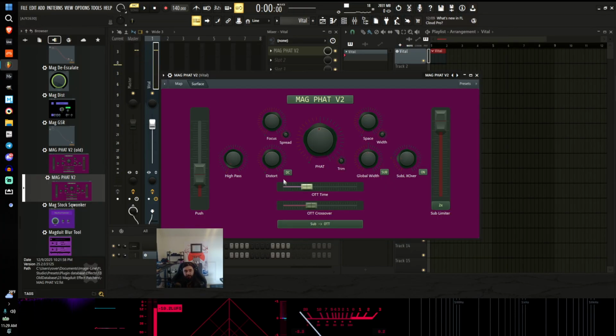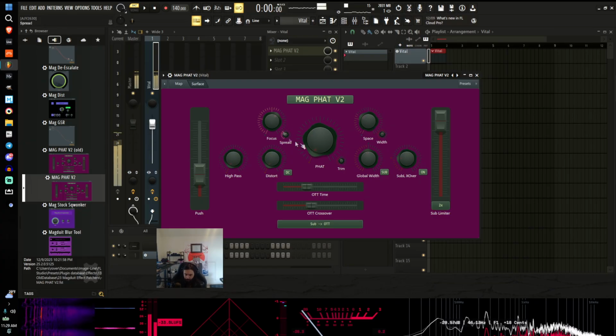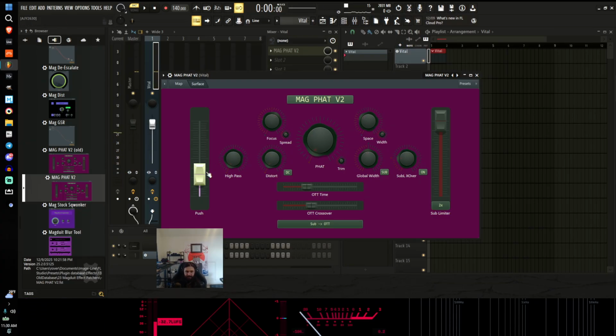So you can hear how now that the sub is being run through cleanly, it's obviously much quieter because it's not being fattened as much, right? So let's turn off all the fattening, maybe even reduce the distortion a little bit as well, right? So now we've kind of got it back to baseline. And if we push this more,